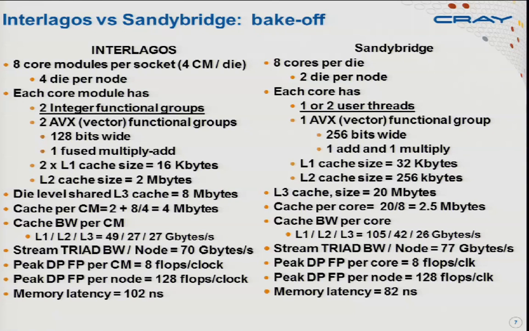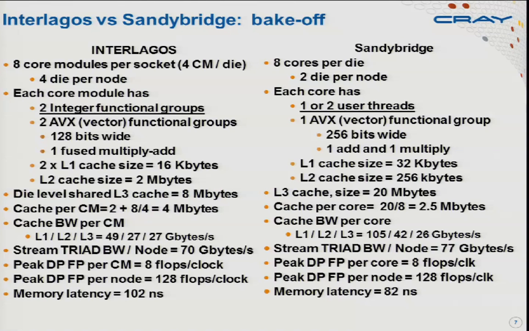Over here, you've got 16 per node sharing the memory bandwidth and the cache bandwidth, and your cache bandwidth at L1 is 105. If your code is